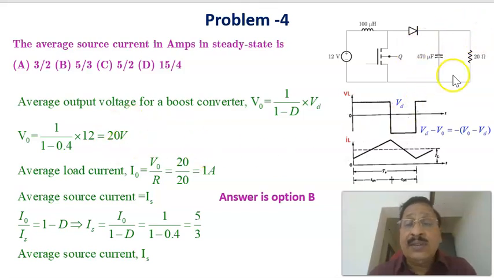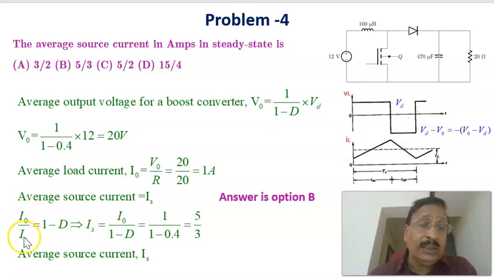Now, once you get the average output voltage, that divided by the resistance will give the average output current, which is equal to 1 ampere. The average output current divided by the average input current, or source current, or inductor current, is given as I0 divided by Is equal to 1 minus D. That is the relation in a boost converter. The output current divided by the input current equals 1 minus D. Output voltage divided by input voltage equals 1 by 1 minus D. Therefore, 1 minus D equal to,